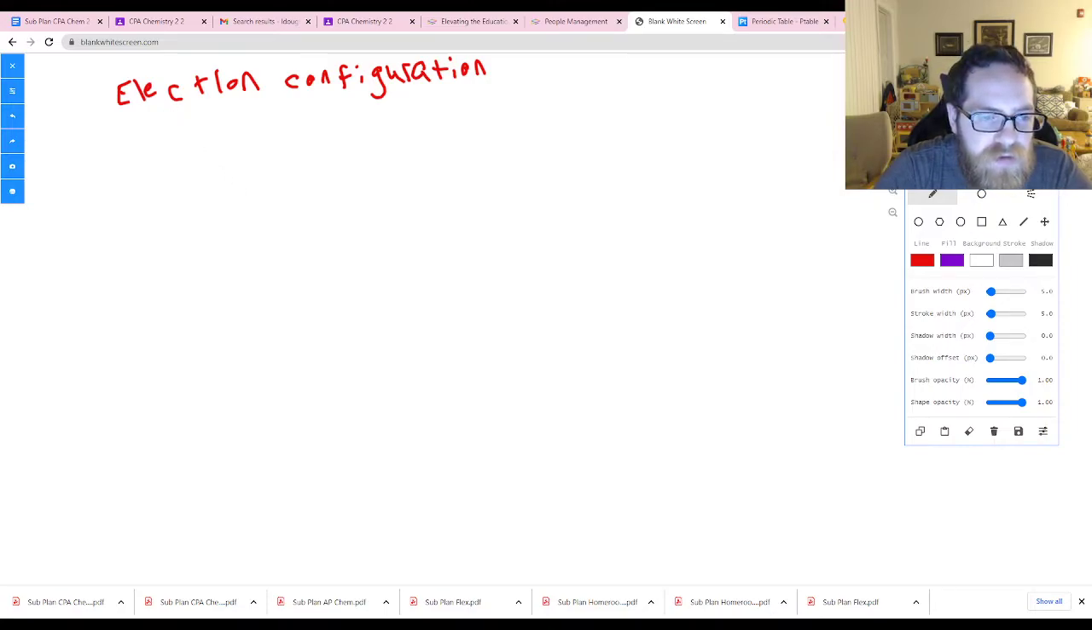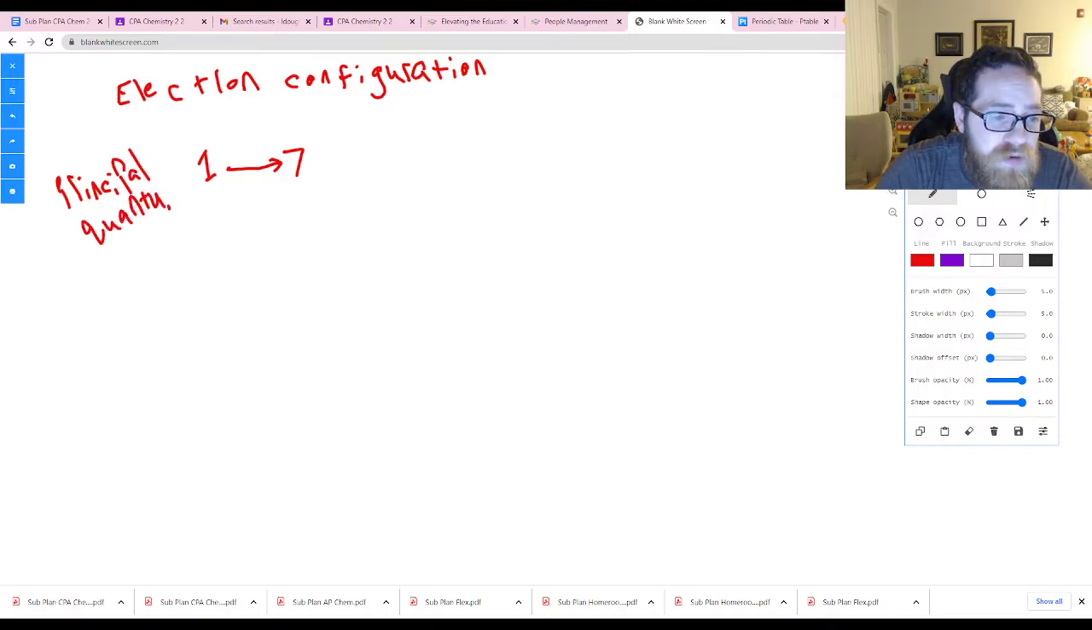First, it has what's called a principal quantum number. This is like the energy level, kind of. This is 1 through, in our case, the highest you can really get is 7. This is the principal quantum number. After that, each principal quantum number is followed by